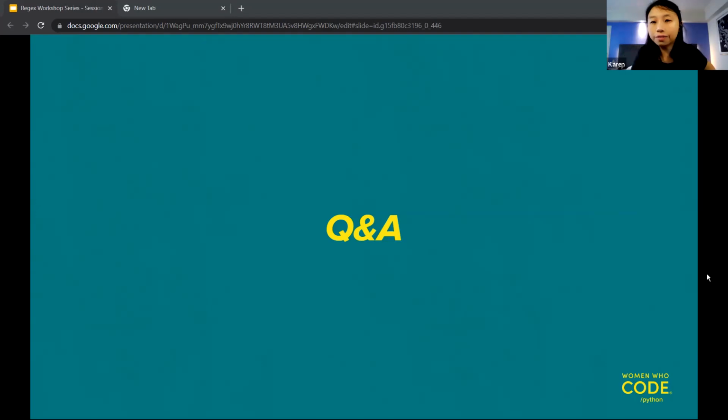Okay, I'll take the first one. I see Merly asks about anchoring, like concatenating or piping data. You mean the anchor as the symbol, right, Merly? Let me clarify: the anchors are the beginning and the end, so the beginning and end of a line. It's not concatenating anything. It basically gives the pattern an order, like, okay, start of the line.